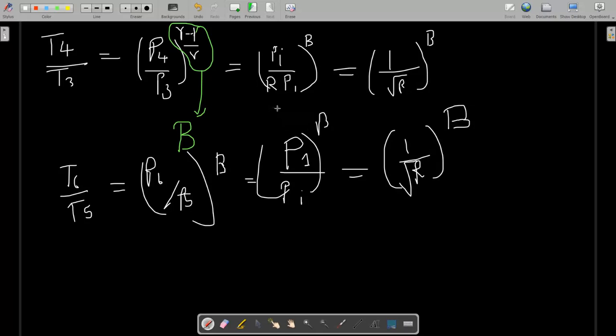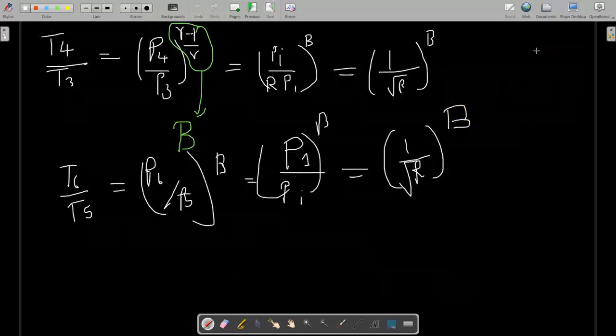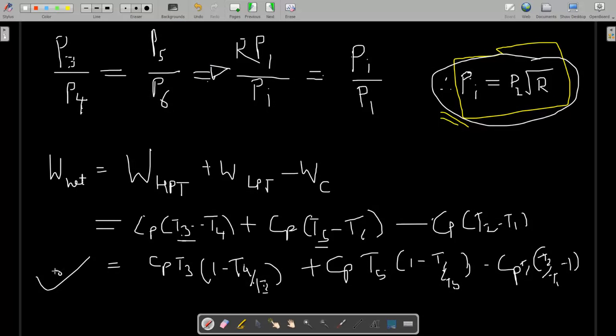Because we have this relation, Pi is equal to P1 into under root R. If you put the value here, P1 will get cancelled, so 1 upon R. Similarly, T2 by T1 is equal to P2 by P1 raised to gamma minus 1 upon gamma, and P2 is R times P1, so it is simply R power B. Now we have three values, and we will put them in this equation,